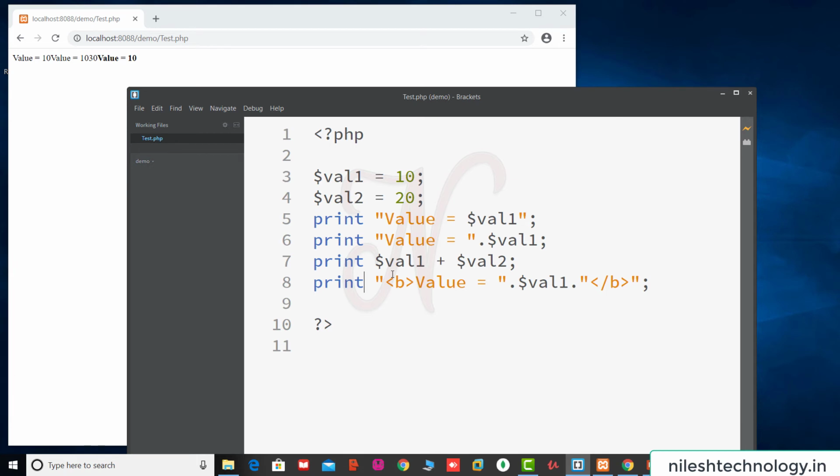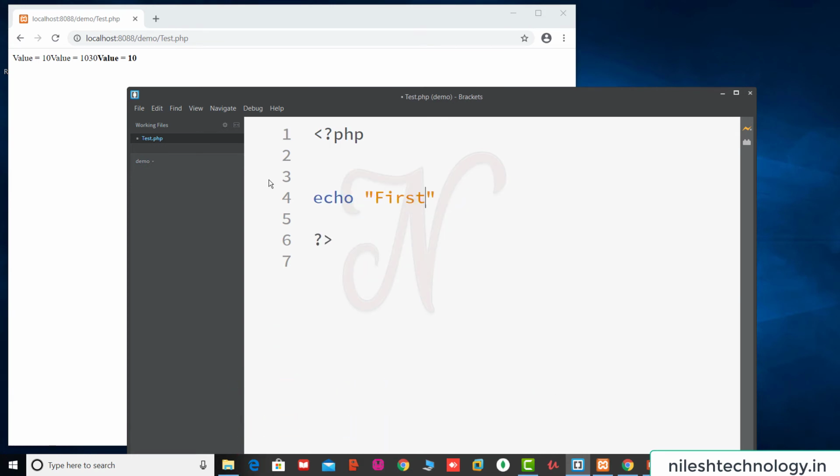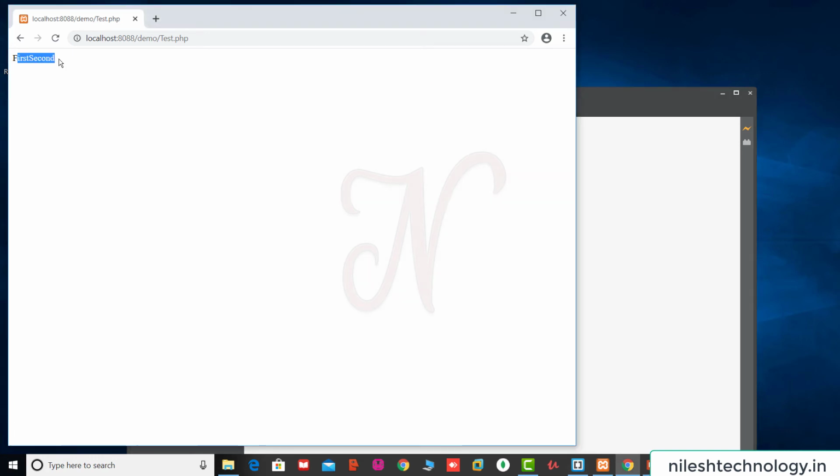Now we see the difference between echo and print. See, first statement, echo. This is the first string, comma, second. So this is one string. See here, save this. This is your output. Okay, but the same strings you can write this way in an echo statement. See, Control S, they work smoothly.